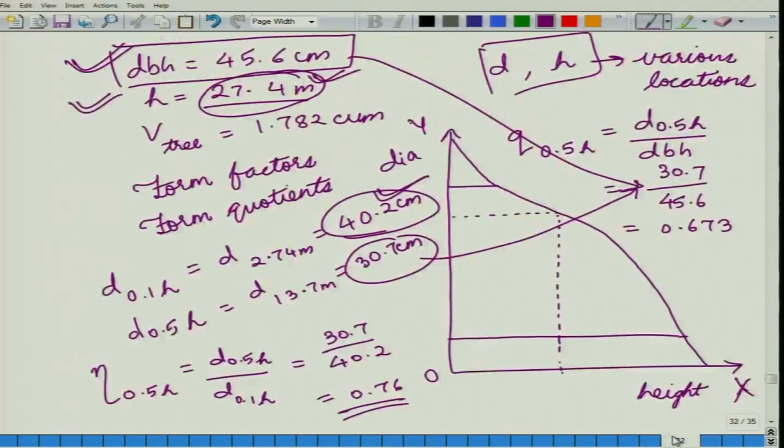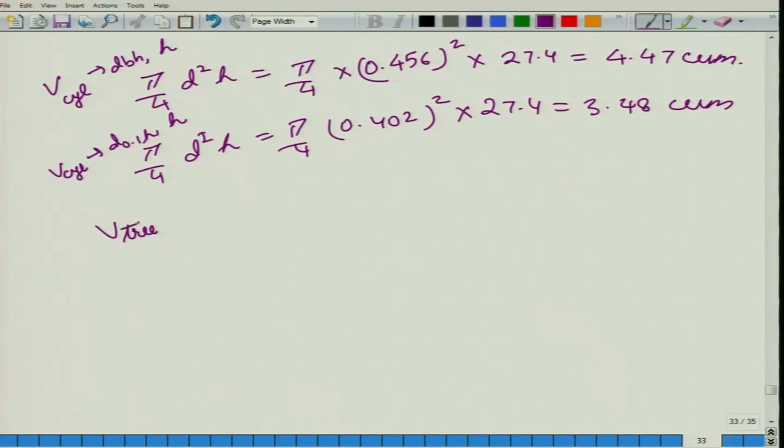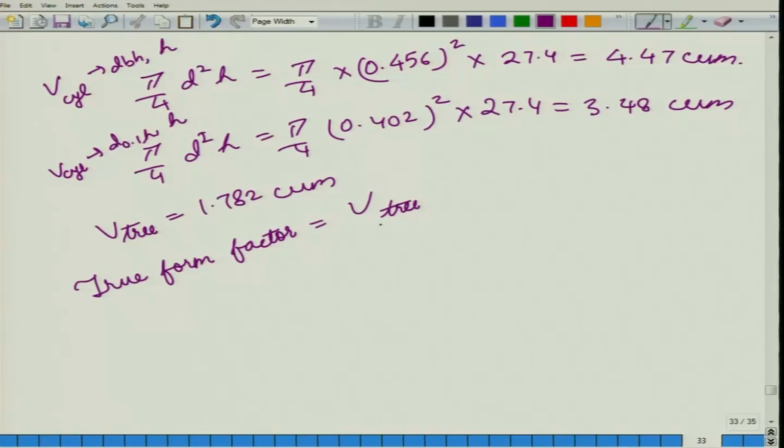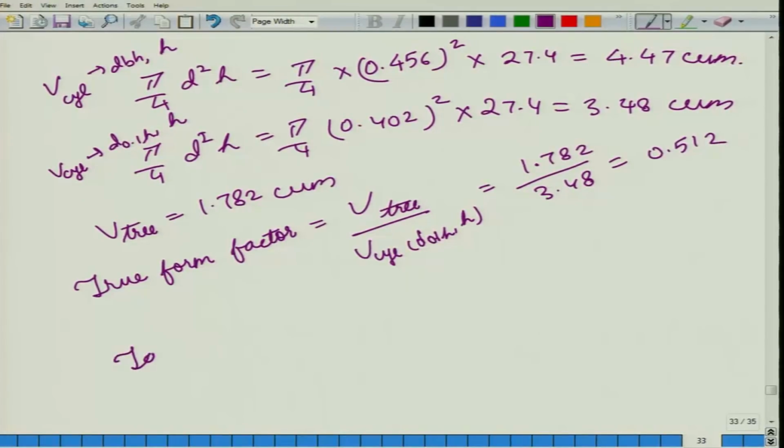Now, we are given in the problem that the volume of the tree is 1.782 cubic meters. Now, we need to find out the true form factor. True form factor is given by the volume of the tree divided by the volume of the cylinder with d 0.1 h and height, which becomes 1.782 divided by 3.48 cubic meters is equal to 0.512,